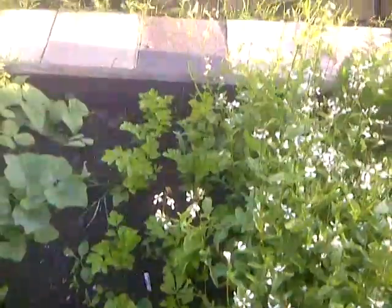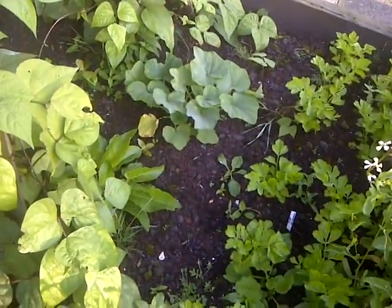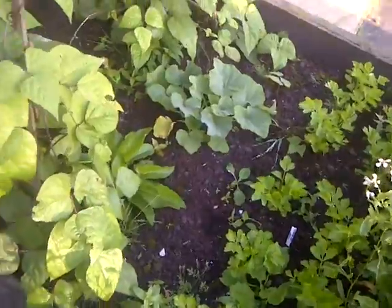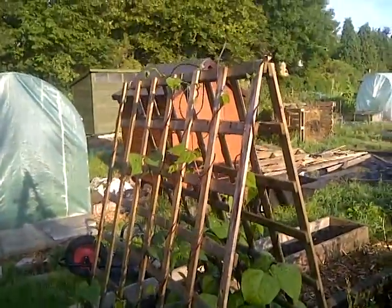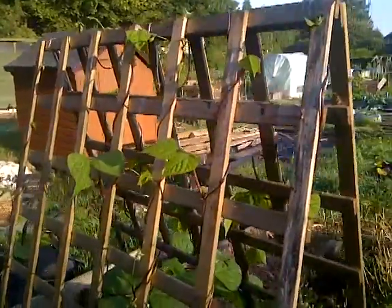Dozen celery plants doing well, coming on. Trailing squash there called Hawk, which is just starting to send out a trail. And these are my climbing French beans, which as you can see have just about reached the top of the trellis. I've tried to train them back under and trimmed a couple of them off, but overall not doing too